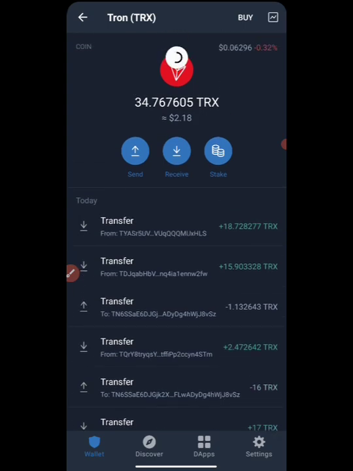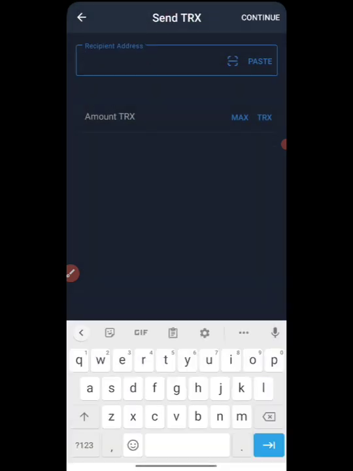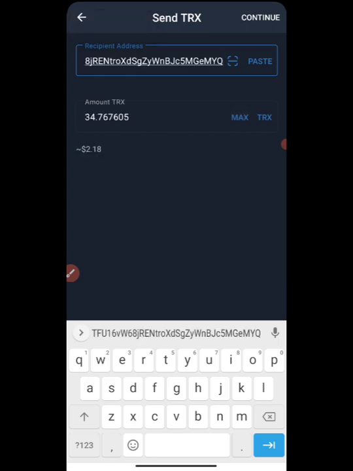Let's wait a minute. You are going to see that this is going to escape from here immediately. It's going to be going away right here. Okay, let me try to take this out also from the Binance, from the TRX. I'm going to input the contract address again. Then I'm going to click on maximum TRX. I can withdraw all from TRX. You are going to see something right now.